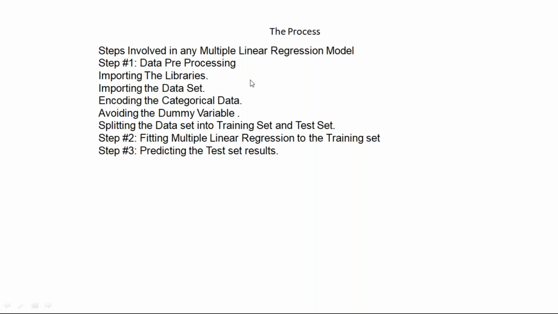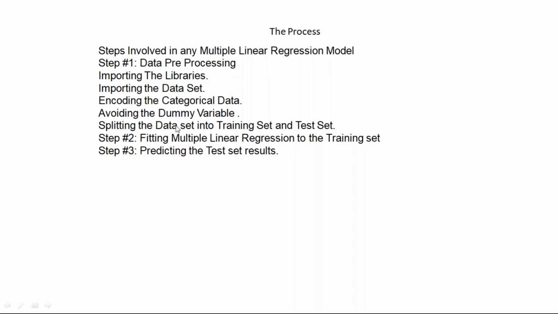But here is one important thing that you should consider when you are working with multiple linear regression. Your data may contain some categorical data. If it contains categorical data, then you need to encode it. This is the only change that you need to maintain in multiple linear regression. That means if I find some names, I need to convert them into some encoding scheme, like one-hot encoding or label encoding. These are the different types of schemes that we can use to encode the categorical data,